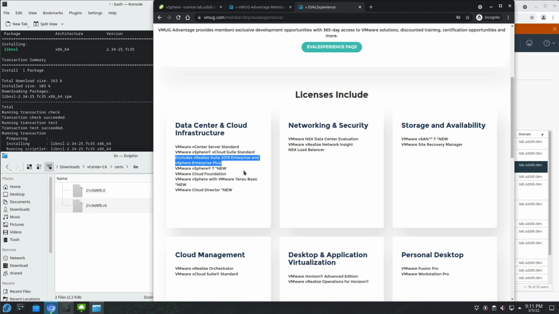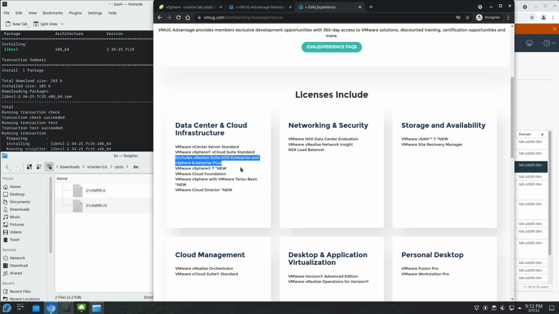I'll be using a vSphere Enterprise Plus license when I do get my stuff set up. So yeah, you should certainly look into this. So again, this is $200 a year for this licensing and for the other discounts and access. Another alternative for gaining licenses to VMware products would be to become a vExpert.